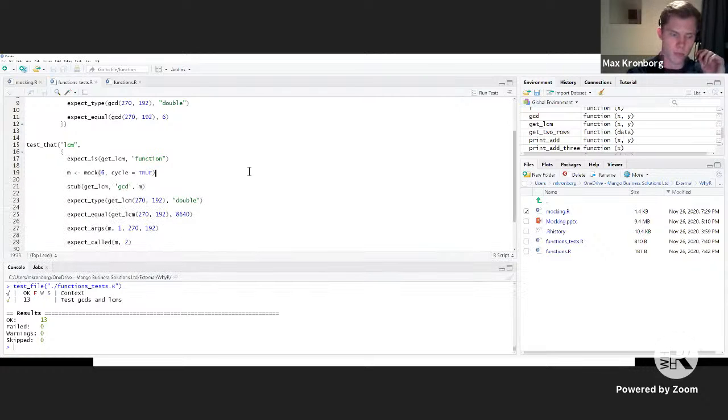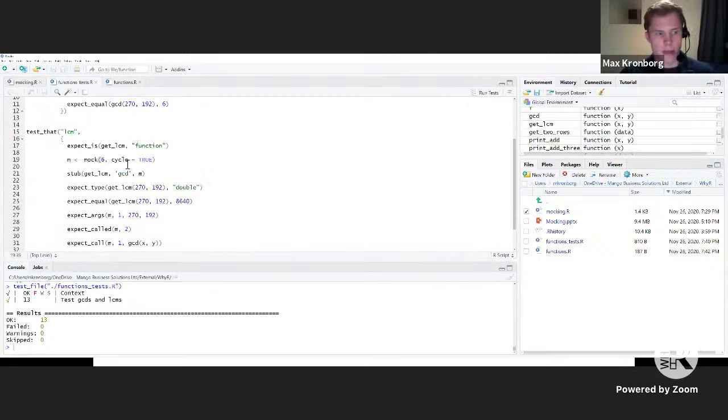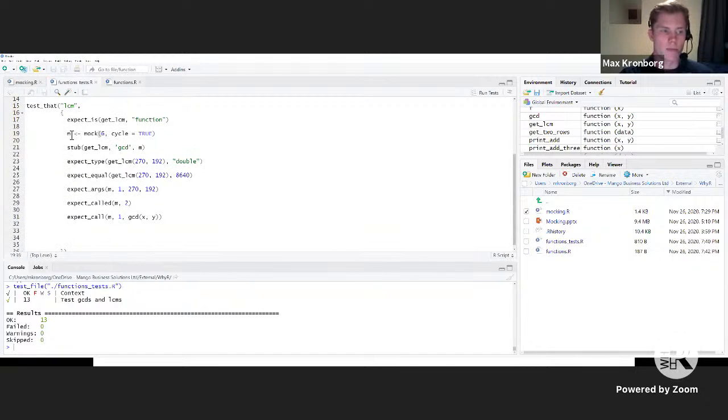So if we go back to this test script, this bit that we've done here is the unit testing component, but we've used mock and stub instead of the with_mock. Essentially, what we've done is we've separated the LCM function from the GCD function.